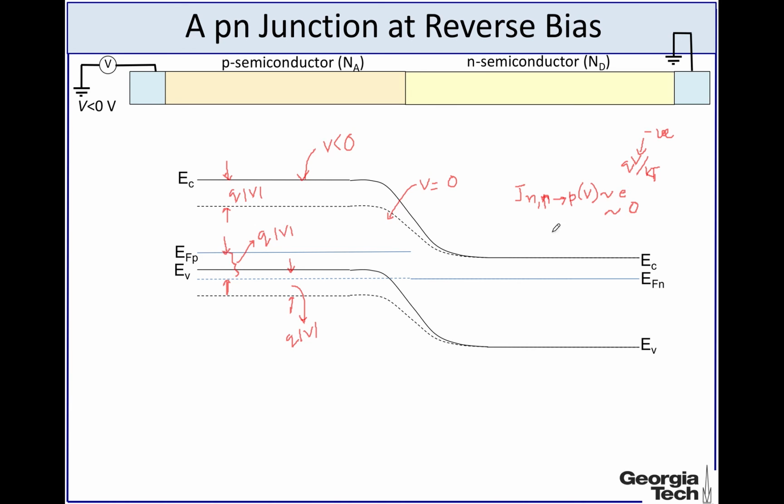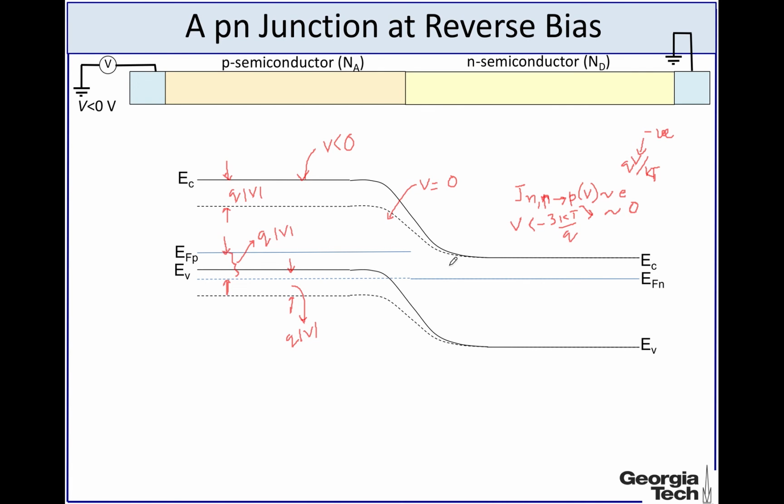So if the voltage is larger than 3 KT by Q in magnitude, then the current that the n side injects to the p side